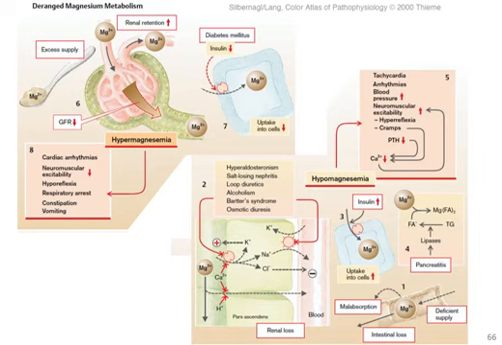Hypermagnesemia is a relatively rare condition, and usually it is related to kidney failure because magnesium is a plant derivative. In chlorophyll, instead of iron, as in heme, you can find magnesium, and magnesium therefore must be excreted as a waste product